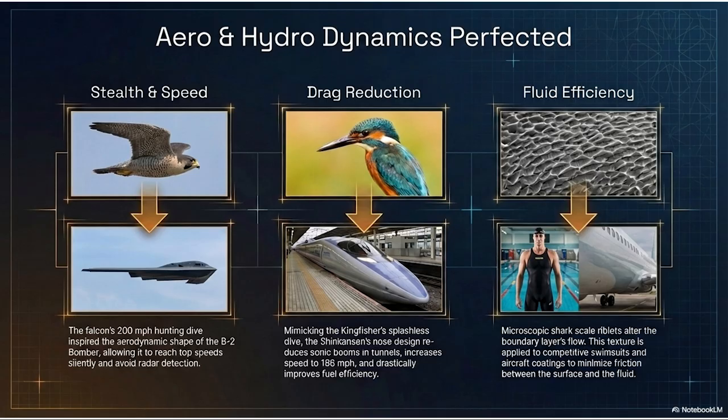And the answer was a bird that eats fish. The lead engineer on the project was an avid bird watcher. He was studying the kingfisher. The kingfisher hunts by diving out of the air and into the water to catch fish. Now, air is a low-resistance fluid. Water is a highly dense, high-resistance fluid. So diving into the water is exactly like the train diving into the dense air of the tunnel. It's a fluid boundary problem.